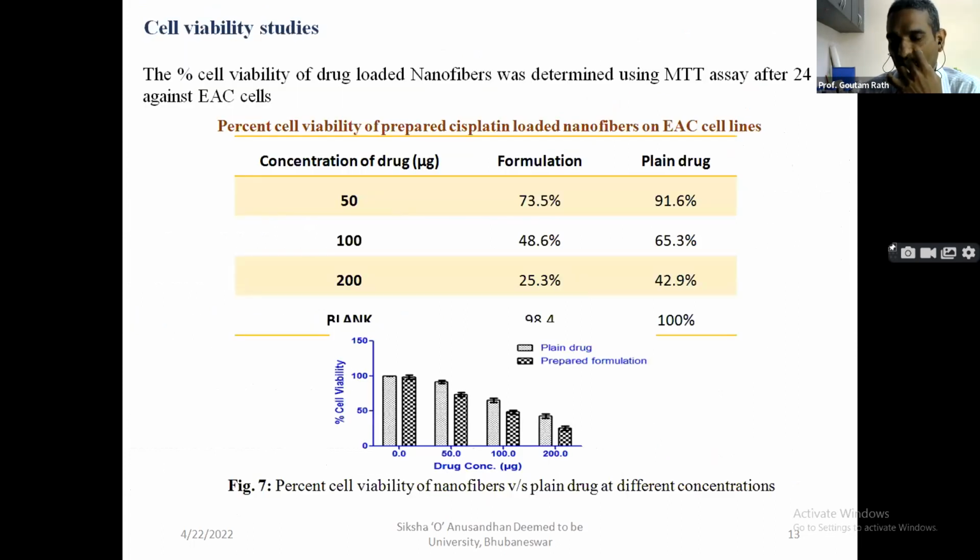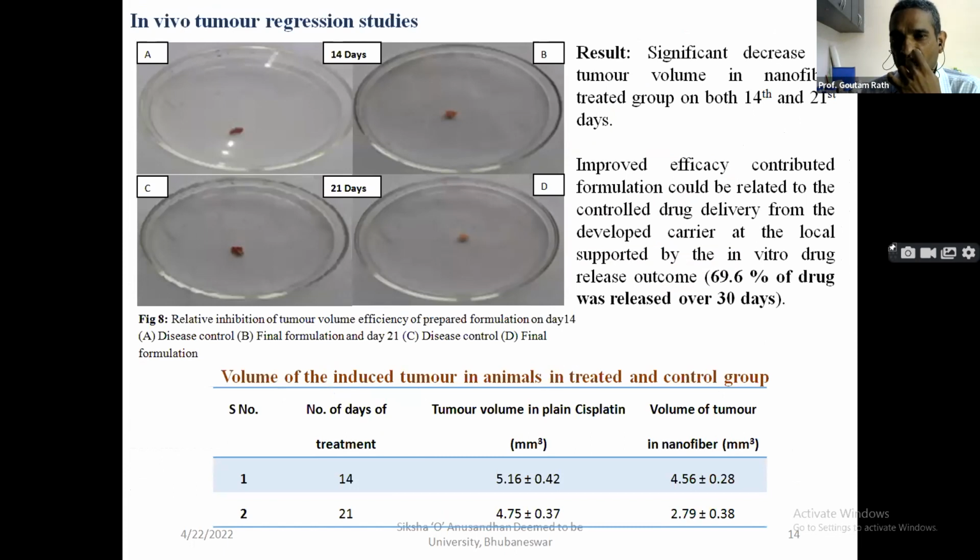This is the cell viability study. This is the tumor regression. Actually, we induced tumors in animals using xenograft models and looked at the changes with nanofibers. This is the plain drug. If you compare the tumor regression potential of the plain drug and the nanofiber, just see the potential of the nanofiber,